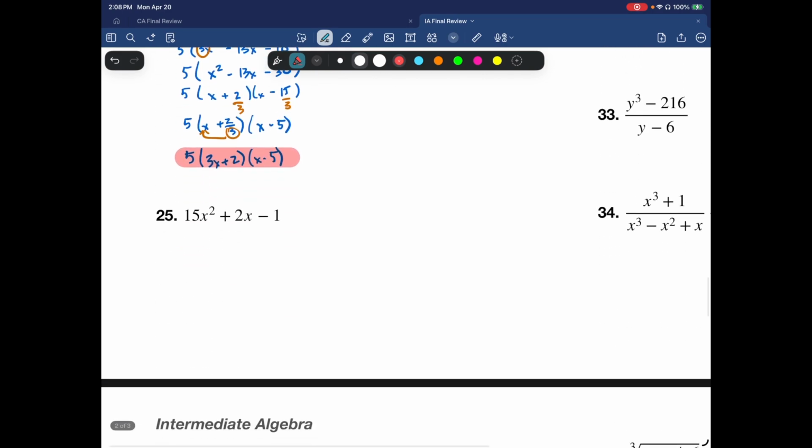All right, on 25, there is no GCF to take out, so I just have to go straight to the AC method. So it's going to be x squared plus 2x minus 15. Okay, so that's x, the second sign is negative, so it's plus and minus. Well, what times what is 15 and subtracts to give you 2? Well, that would be 5 and 3, and because the middle term is positive, it's going to be plus 5 minus 3. And once again, I started by multiplying by 15, so I have to divide by 15